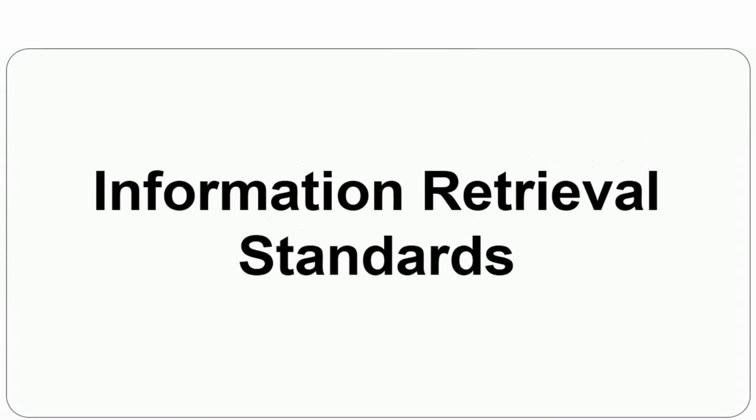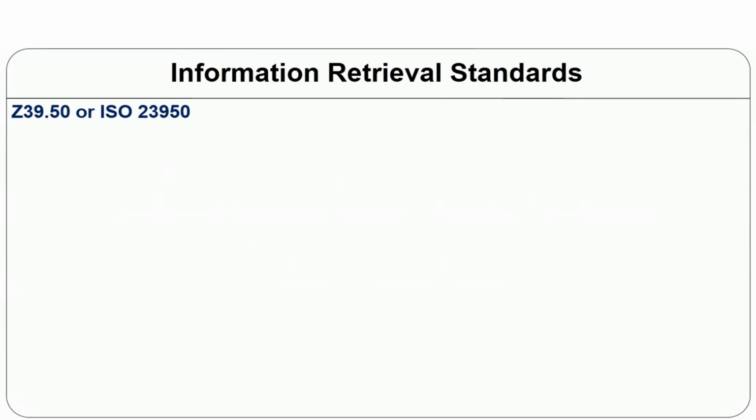Now the encoding standard is over. What about the information retrieval standard? When I try to retrieve data from a server, is there any standard? Yes, there is a standard called Z. Z is pronounced as Z here, though when I go to an international body, I say Zed. It is the Z39.50 standard, also ISO 23950. Z39.50 is an ANSI/NISO standard for information storage and retrieval. So for storing, you have to use this standard, then only others can retrieve using the standard.